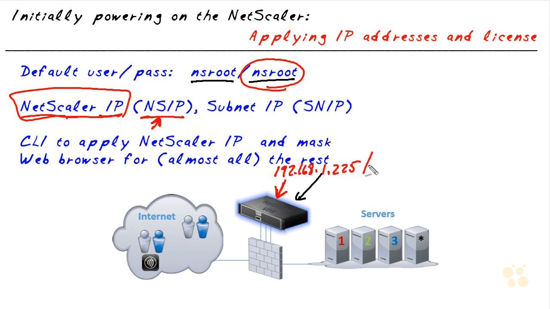192.168.1.225. And we'll give it a 24-bit mask, which simply means that the first 3 octets of this IP address represent the network, and the last octet is left over for individual host addressing. So it's sort of like this is the street, and that's the house number for this device. And that'll be the NetScaler IP, or the NSIP. So once that's configured,